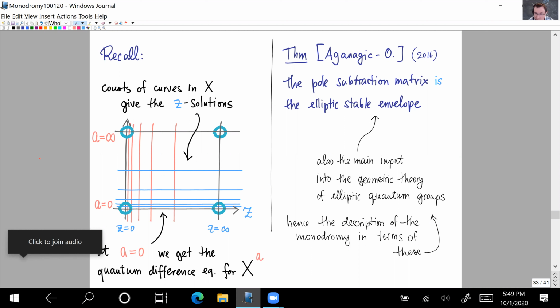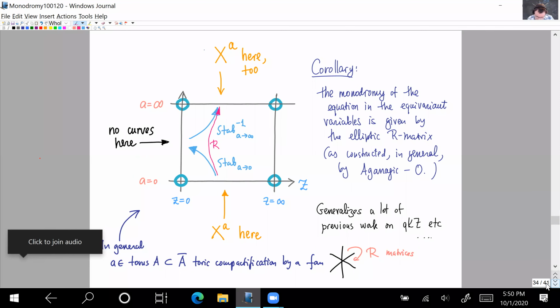And the variable z, which counts curves in one situation, becomes a variable that tells you of which line bundle this is a section on the elliptic homology. Okay, that's one theorem. And that elliptic stable envelope is a half of the geometric R-matrix. And in particular, as a corollary, we get the following result: what if we want to compute the monodromy in the